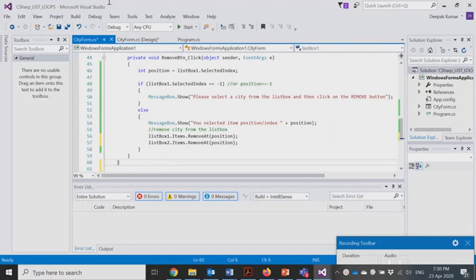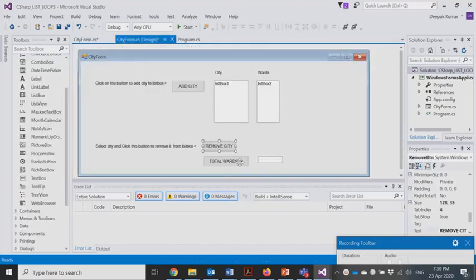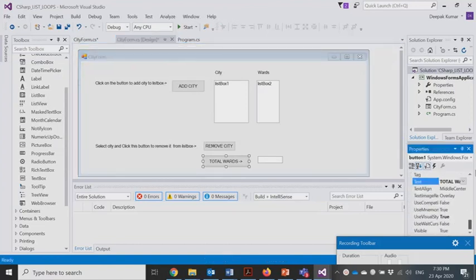We basically have added a button here, total wards. Before double clicking on it to create an event handler, we would change the name of this button, because otherwise that creates extra work for us to go and change code in the designer and all those things. So we'll rather prefer to do that in the first place. So we will call it total button.